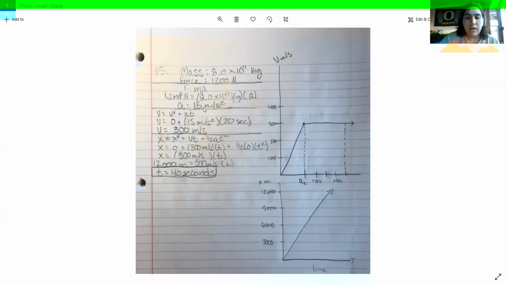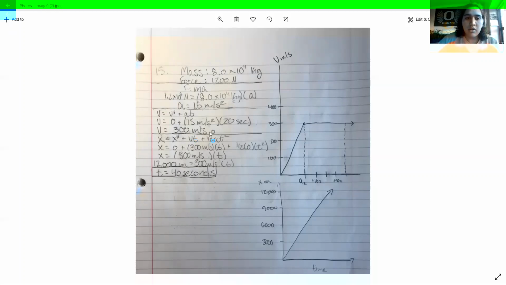Now, we need to find our velocity, because with velocity, you can find distance easier than you could with acceleration. Our velocity equation will be v equals v initial plus at. Our velocity initial was 0, just because we're going to start at the point after we had traveled the first 20 seconds, and then our 15 meters per second squared acceleration, and then our 20-second time. So this gives us the velocity at the end of our acceleration,